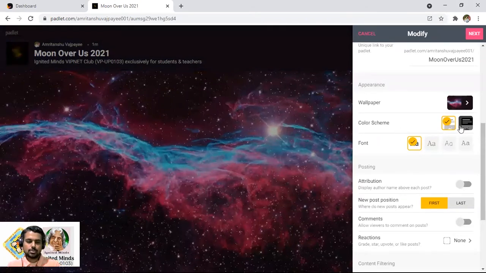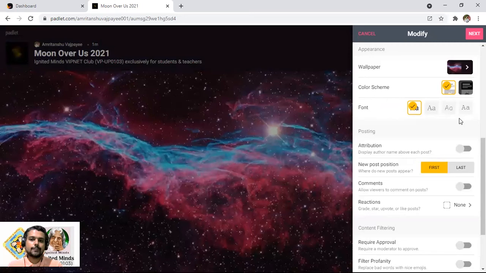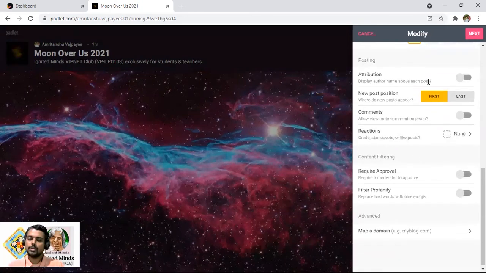We really can choose the color scheme on which our posts are going to appear. It can be black or white. By default, it's black, it's white. So I am keeping it as it is. Then there are different sorts of ways in which the fonts can appear. So let it remain as it is, and we can do the customizations later on. We can return at any point of time. Coming down, exploring the features a little bit about the posts.